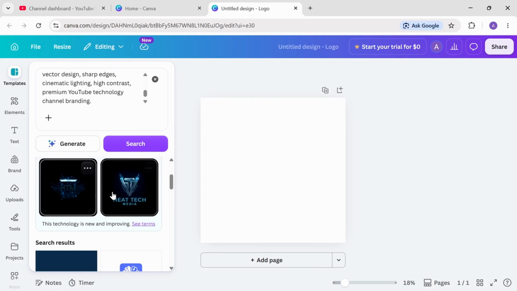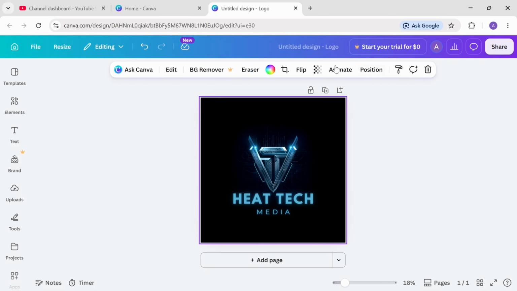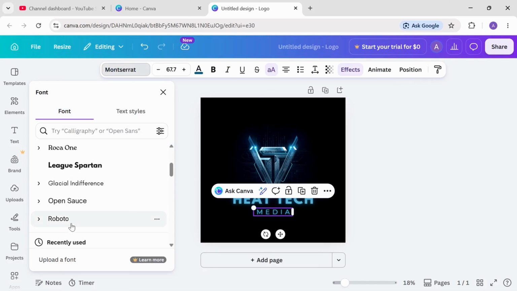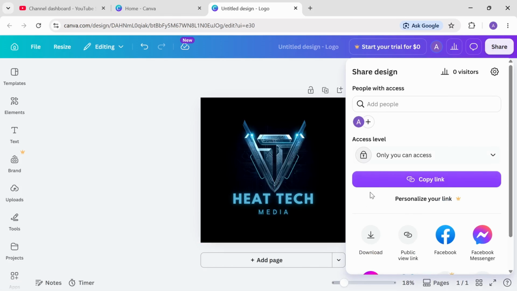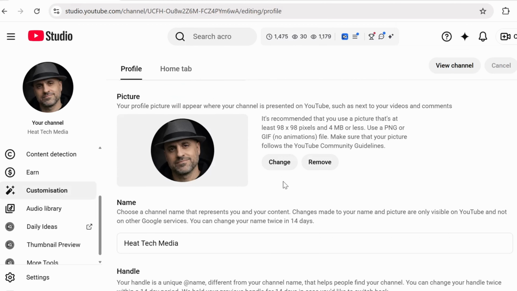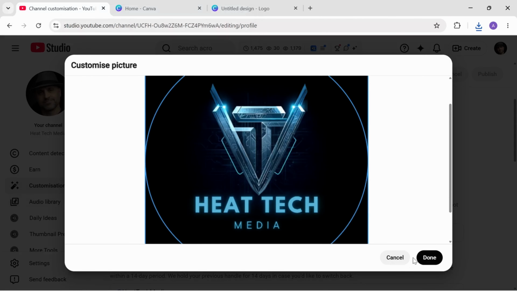Even after selecting one you like, you can customize it and add whatever you want. You can remove or add anything, change the font, and adjust the colors to match your brand, whatever you like. Maybe ideas will come to you once you see the branding or the logo. But always remember that the logo of your YouTube channel is always small, so try not to have too many details on that logo. Once you finish, you can download the logo as a PNG file.